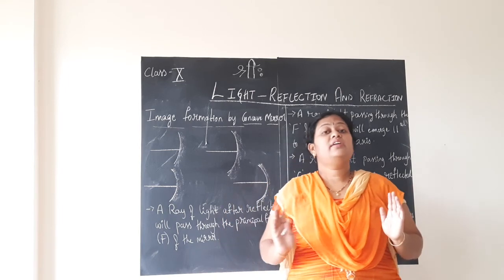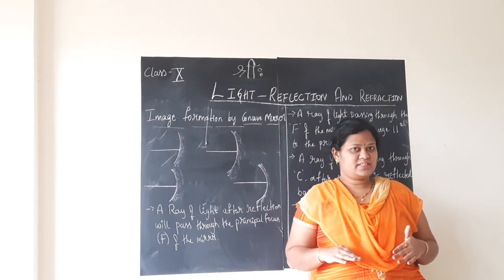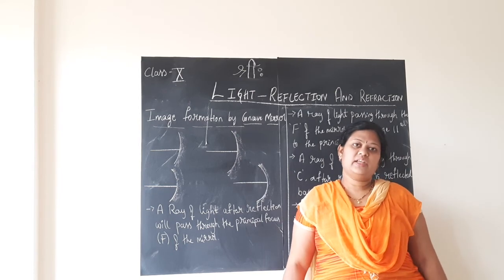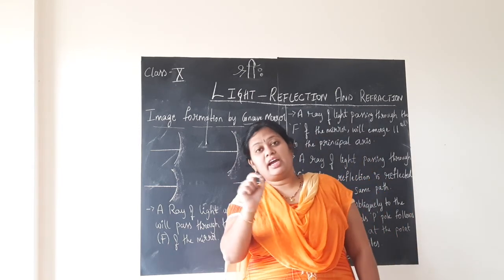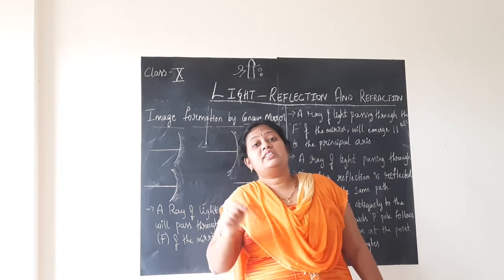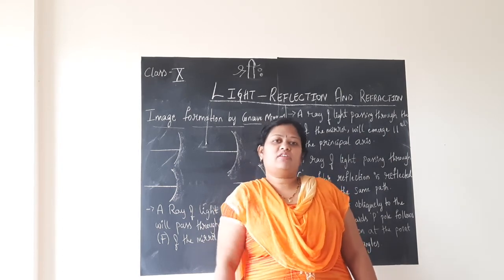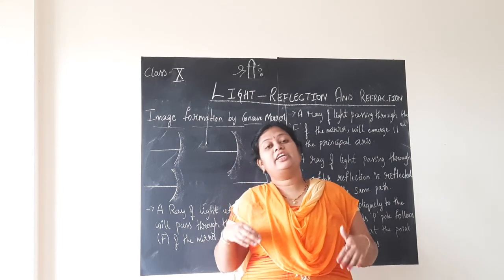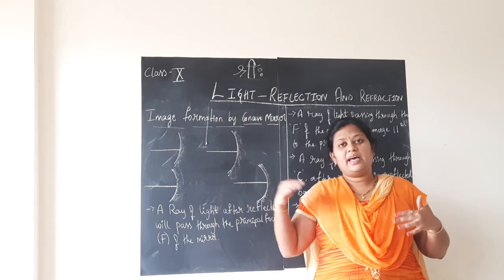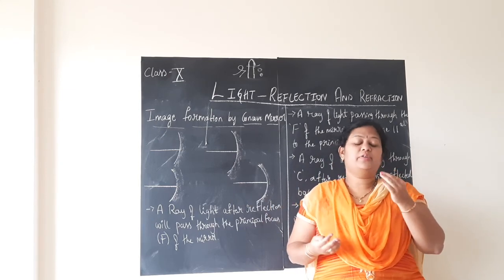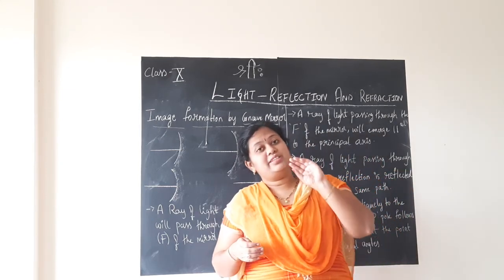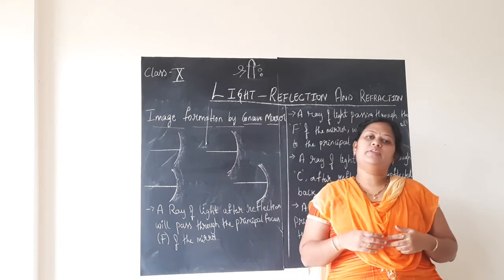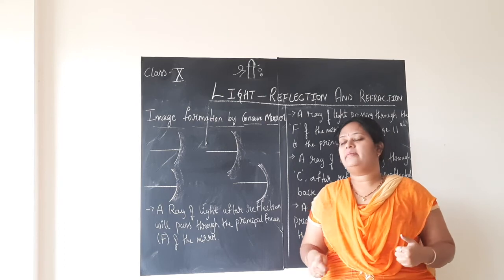I told you real images can be caught on the screen, whereas virtual images cannot be caught on the screen. Shortly, I will be showing you an activity to explain what it means for an image to be caught on the screen or not, so that you will understand it better. I will perform that activity when I go to school, from the lab, and show it to you. I will also show you the concave mirror, convex mirror, and plane mirror, everything, as you all know it is there in the lab, children.